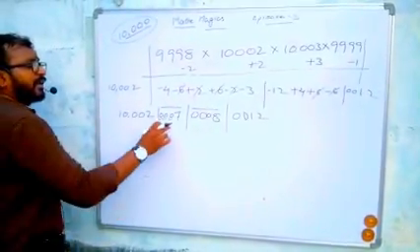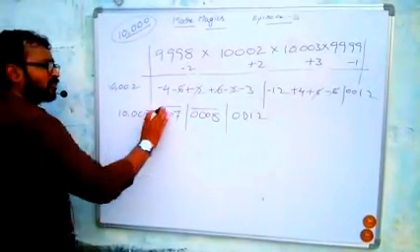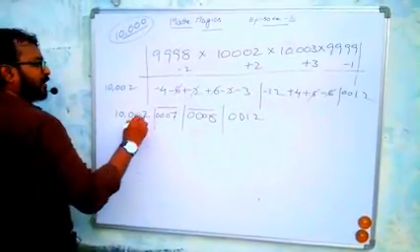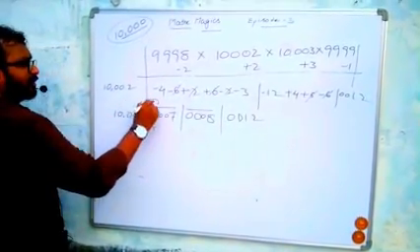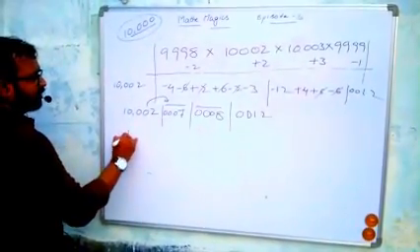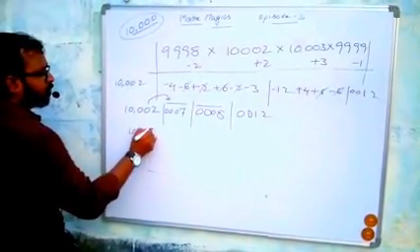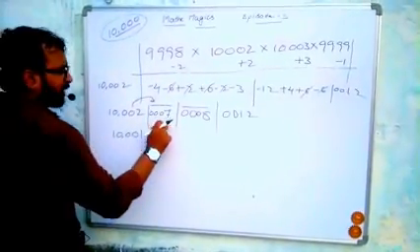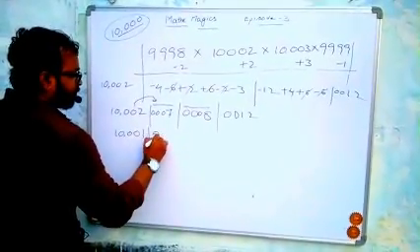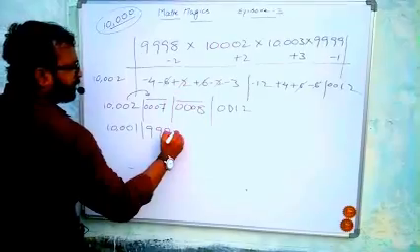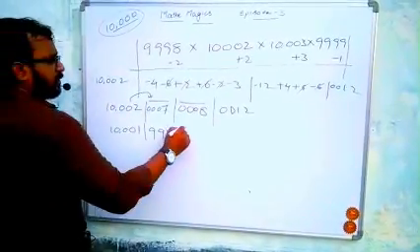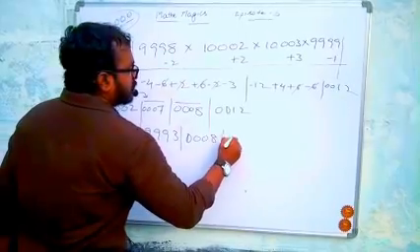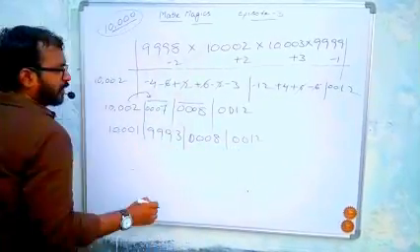This is the answer. But here there are 2 bars. Whenever there is no bar we can remove these obliques. This is the final answer. But here, first send one from the left. It becomes 10,001. One digit borrowed means 10,000. 10,000 minus 7 is 9993, and then 0008 0012. And here is a bar.